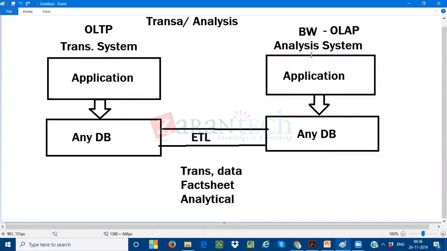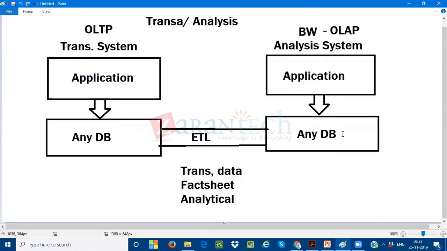Based on SAP NetWeaver, there will be a NetWeaver client that we are going to work on. I'll tell you what the NetWeaver client is. They are going to build the report here, not in the OLTP system. The OLTP system doesn't serve the purpose of any kind of analytical reporting. It only serves the day-to-day transactions, with limited data for reporting. But if I want data for 3 or 4 years, or about 1.5 years, I need to depend on my BW system, which is called my OLAP system.